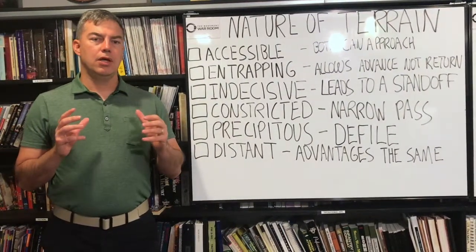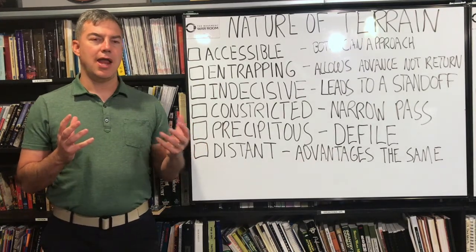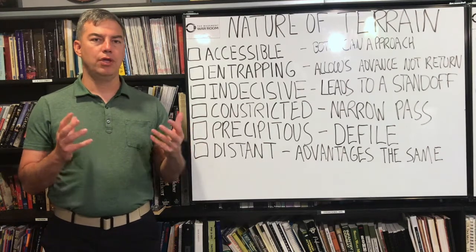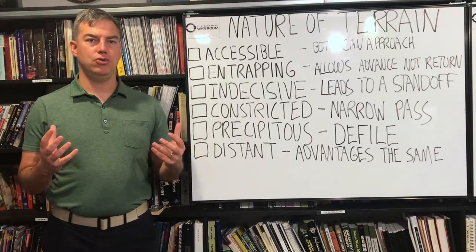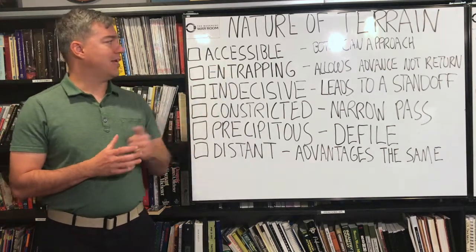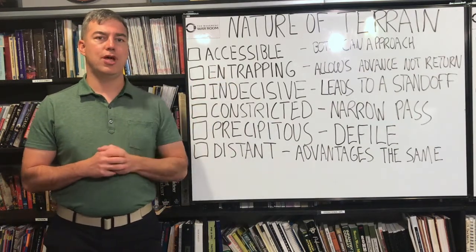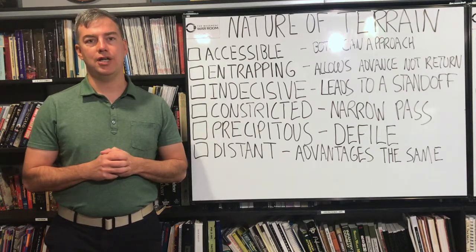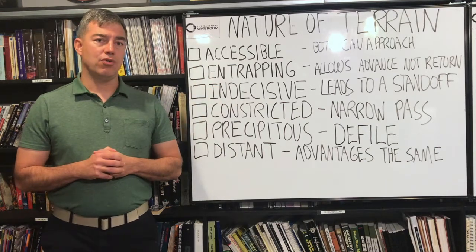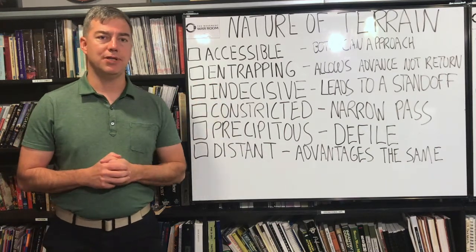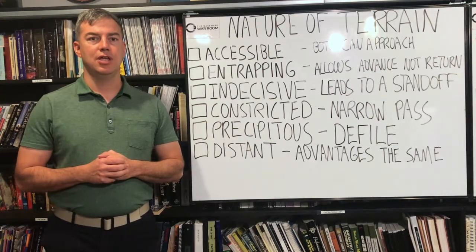Now, before I get into it, again, I want to mention that there are 2 different classification systems, and I don't quite understand how the authors of The Art of War intended the 2 different ones to be used. Because if you take a look at accessible, that is almost the exact same thing as communicating terrain in chapter 11. I'll also note that I use the Griffith translation for the names of terrain because it's short, simple, one words, whereas Ames generally has a phrase for the meaning of the terrain.